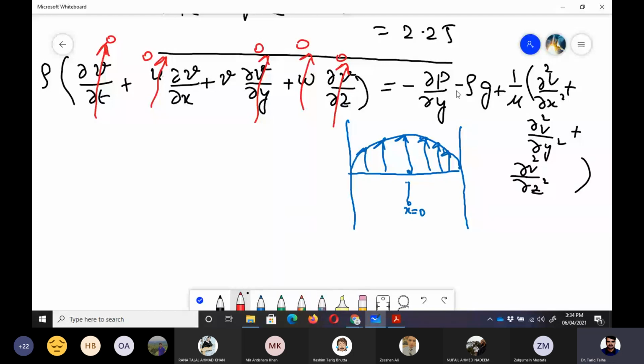Then partial p by partial y would be a non-zero value. Rho g is due to the weight, the gravitational constant. Now partial square v upon partial x square would be non-zero, because the v velocity is changing in x. But partial square v by partial y square would be zero because the first derivative was zero, and partial square v by partial z square is zero because there is no change in velocity out of the board. So now we are left with the equation minus partial p by partial y minus rho g